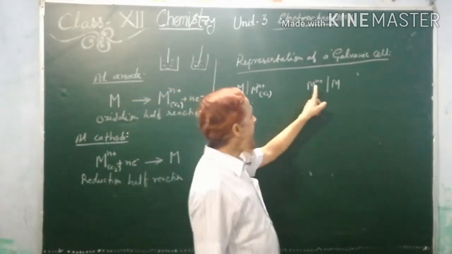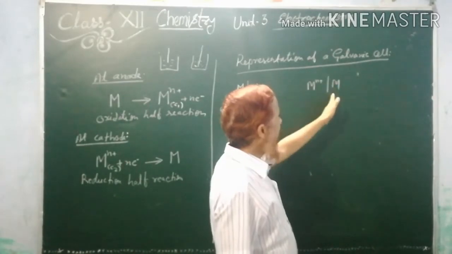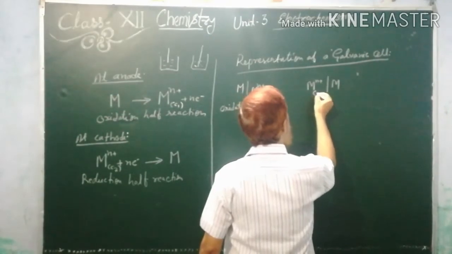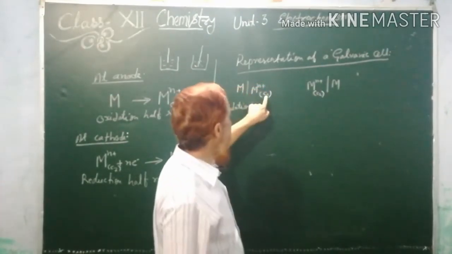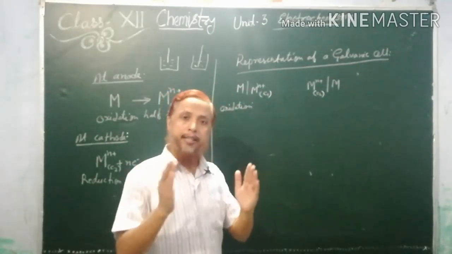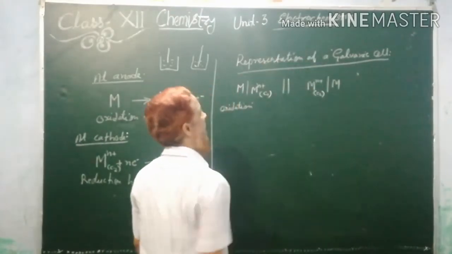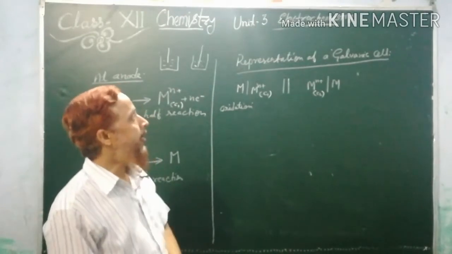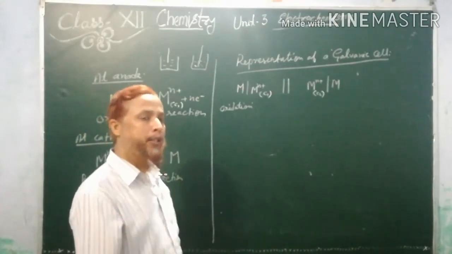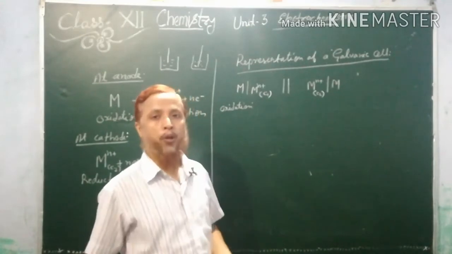So we have represented the ions and metals, meaning the electrode and solution are separated with a phase boundary, a vertical line, and the concentration of the ions at the cathode we can represent as C2. This is C1 and this is C2, and both half cells are connected with a salt bridge. The salt bridge can be represented with a double vertical line. So it is very simple to represent a galvanic cell. If you want to represent the Daniell cell, please practice. Pause the video and represent the Daniell cell without the help of the book.